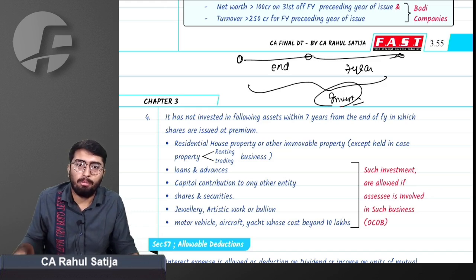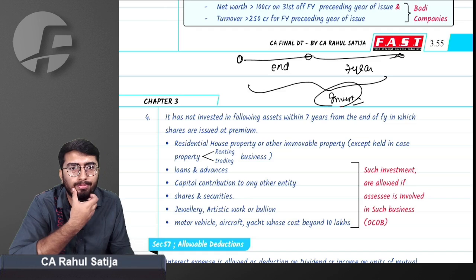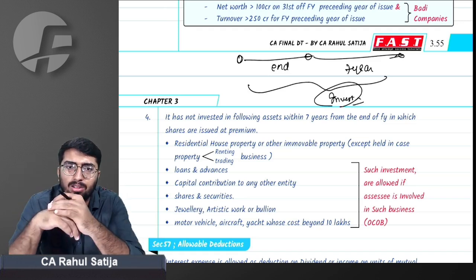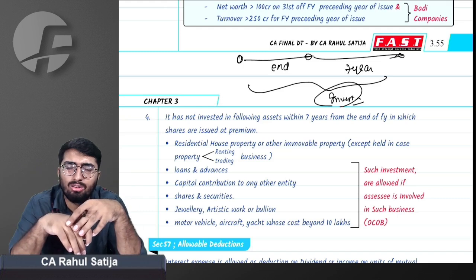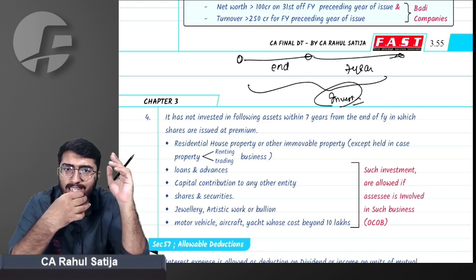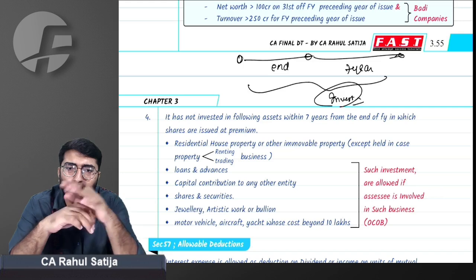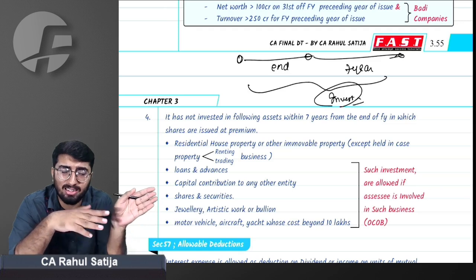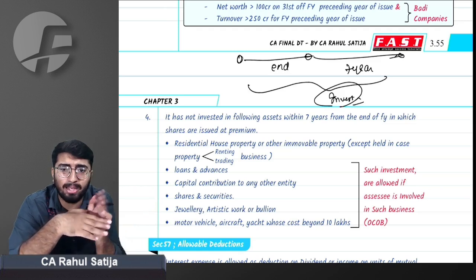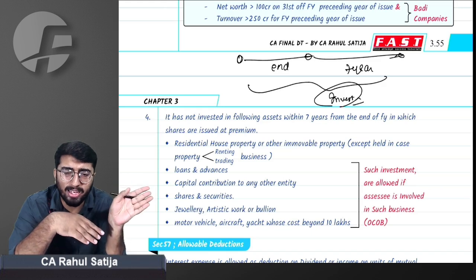Last but not the least, sir, why are Byju's or these big startups not taxed under angel tax? Why these big startups? There is funding of millions. Don't you think their capital would have increased to greater than 25 crore? Don't you think Byju's must not be having any residential property? Byju's must be having shares, sir. They are investing in many of these shares. They are acquiring many companies. Sir, Zomato is acquiring shares.